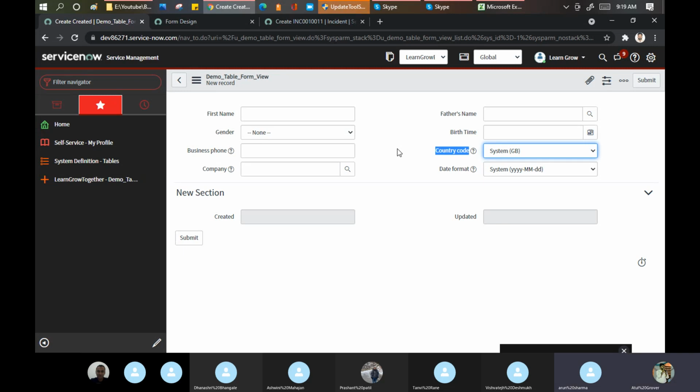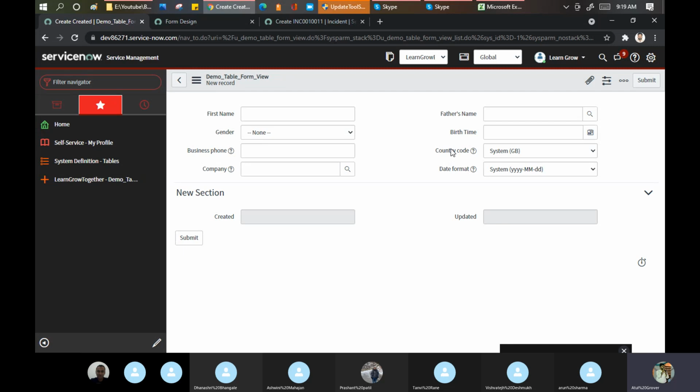I am not explaining properly, sorry. Can you repeat? What I'm saying is, it doesn't make any sense to show country code or date format, right? Wait, these are just examples I'm showing you, because these are coming from the user table. I just show that in the user table, you have these many fields, so you can bring them on your form.